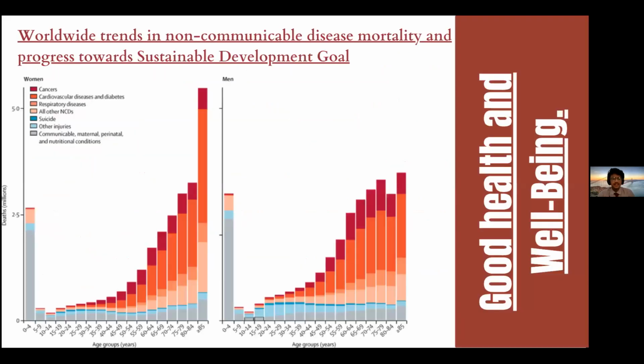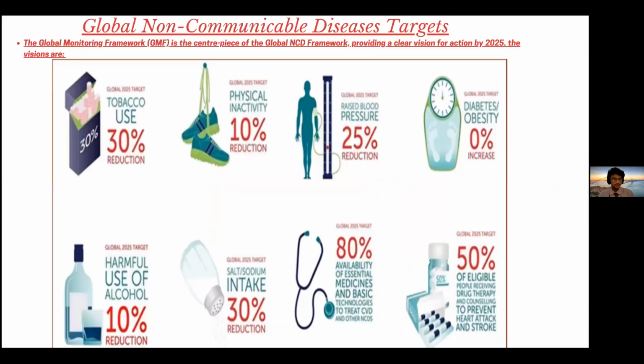This is a worldwide trend in non-communicable disease mortality and progress towards the Sustainable Development Goal for both genders, male and female. As you can see, these are color coordinated for different NCDs, and it is segregated into different age groups. The Global Monitoring Framework is a centerpiece of the Global NCD Framework, which provides a clear vision for action